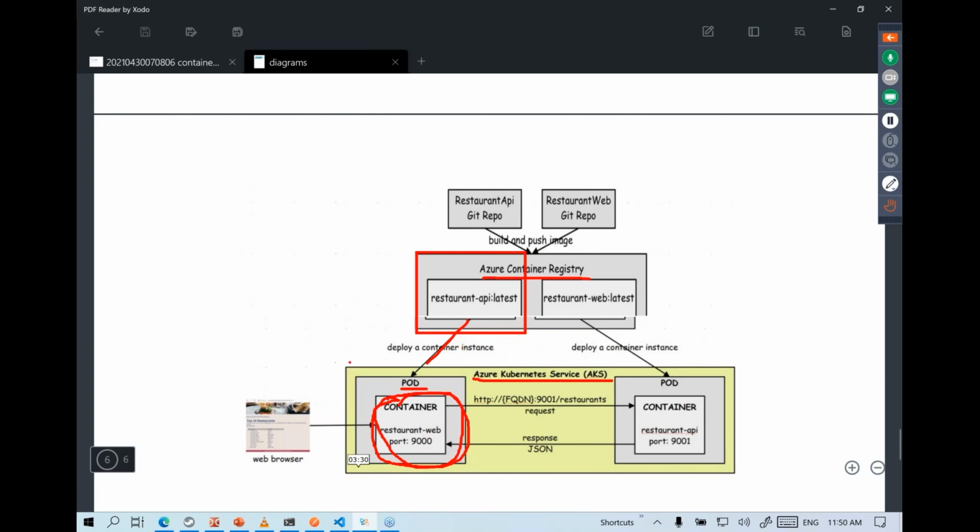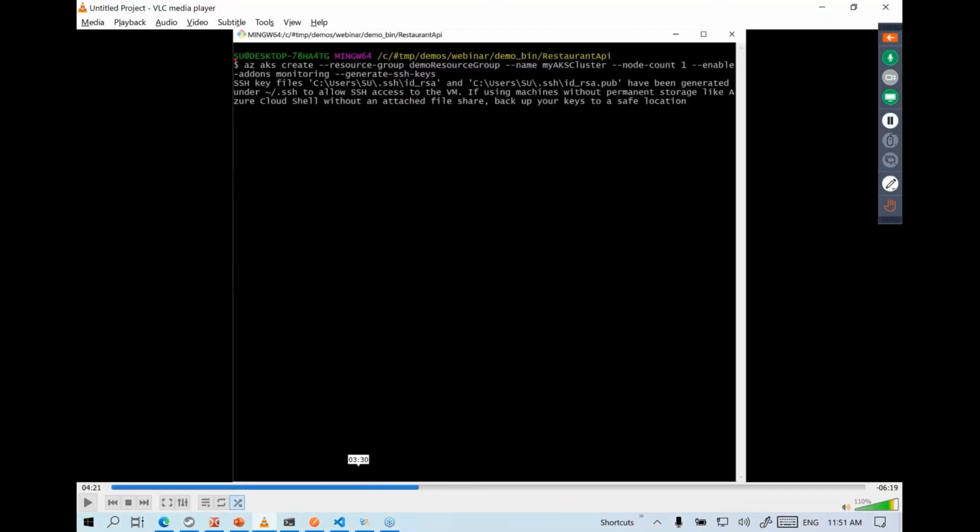So basically, we need to make sure we have the Kubernetes cluster provisioned, and then we deploy the image to AKS as a pod. First of all, we need to provision the Kubernetes cluster. Say I'm running a command that will set up a Kubernetes cluster for us from scratch. This takes about 5 to 6 minutes or so.